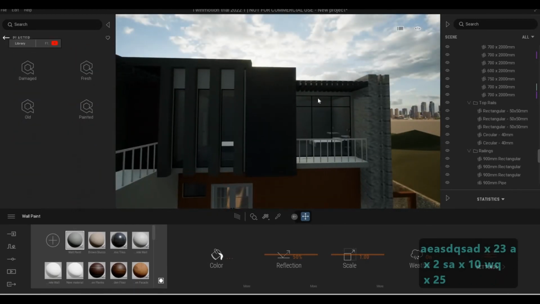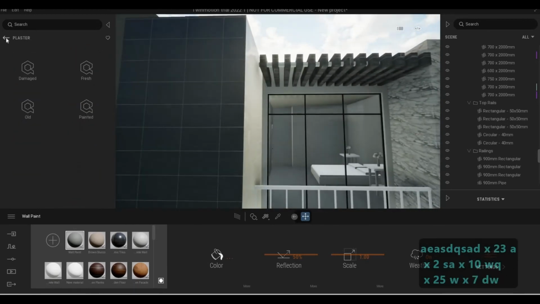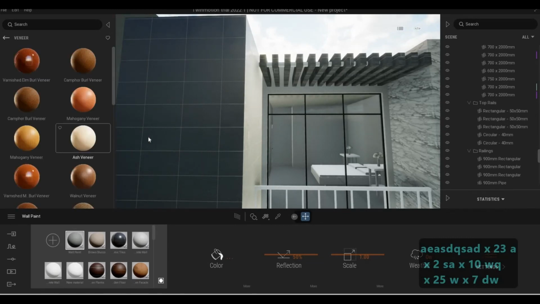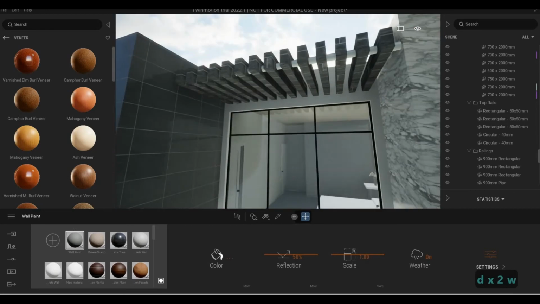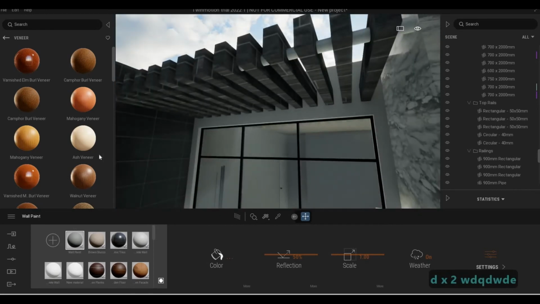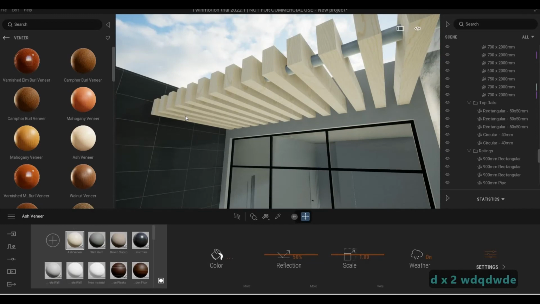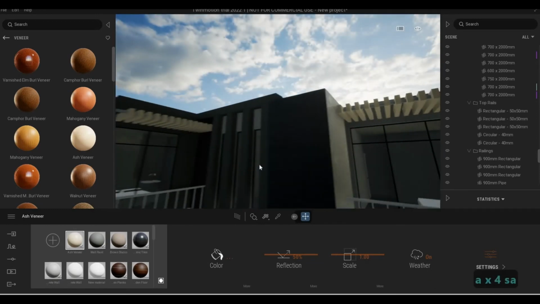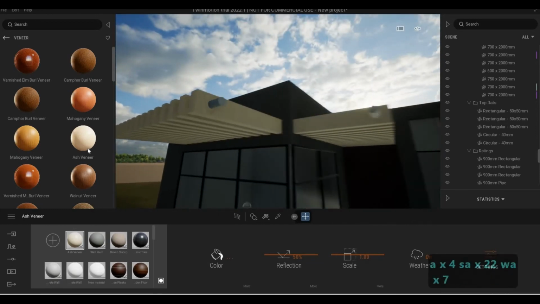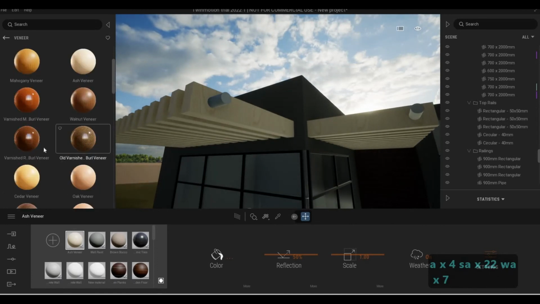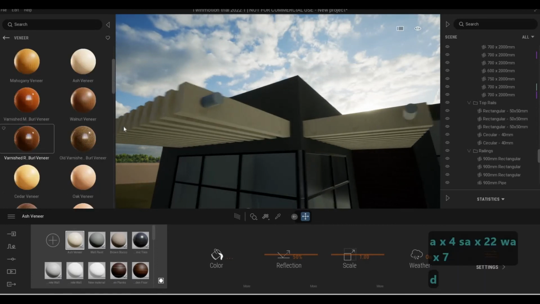And then in terms of the wood, we need a veneer for that. And let's do ash. Let's see if ash is the right one. Most of the time, a darker